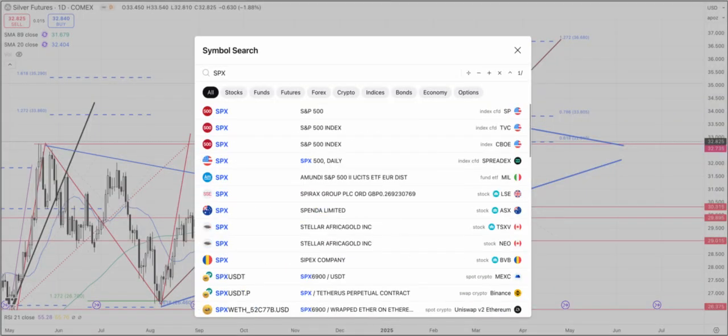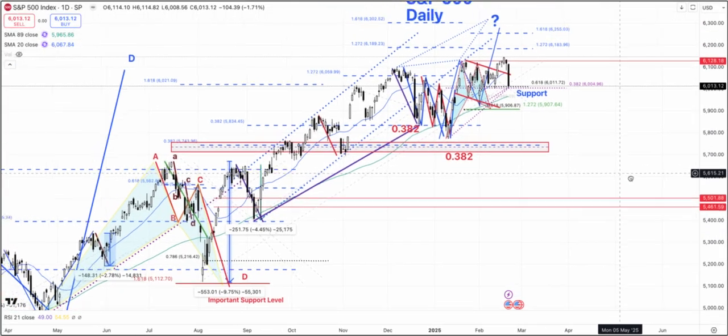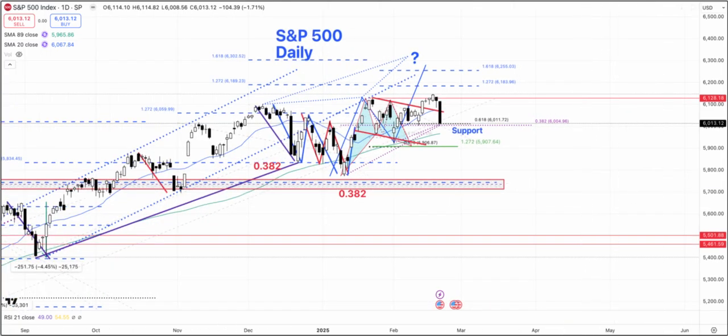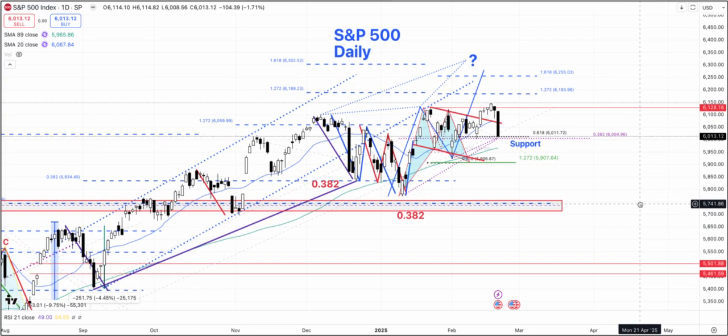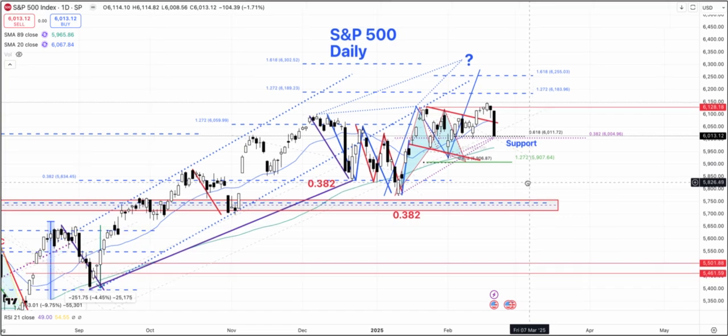Now let's move to the equity. So let's take a look at the S&P 500 cash. So we had a move last Friday in the S&P 500 and the equity indices in the US market. This move was about 1.71% to the downside. So the S&P 500 lost about 104 points. In terms of the points, it's one of the bigger moves that we have seen, especially this year. So that was minus 40. This one was minus 30. And quite a big percentage move as well.